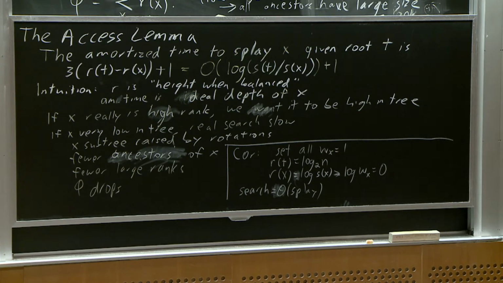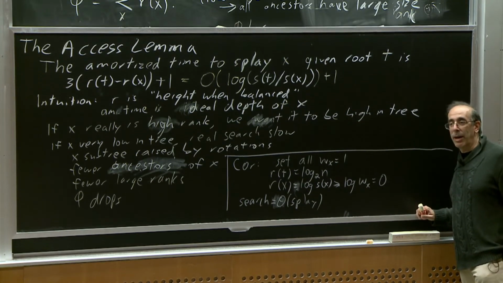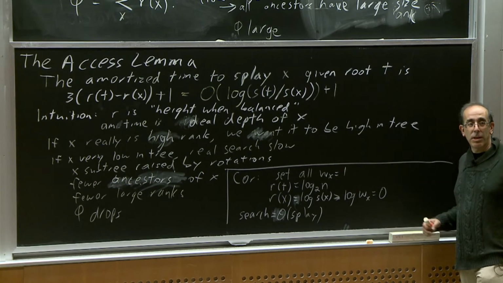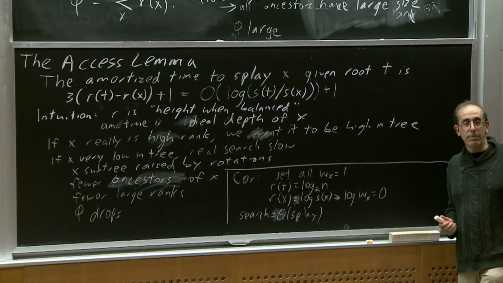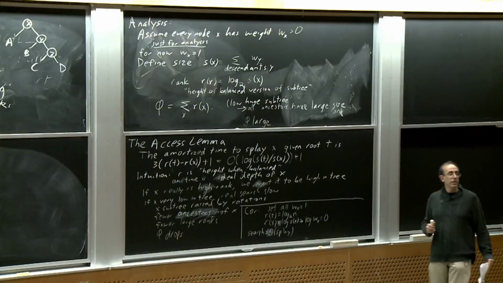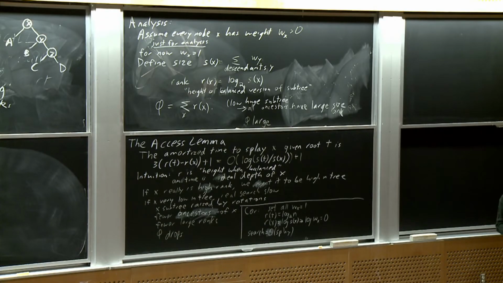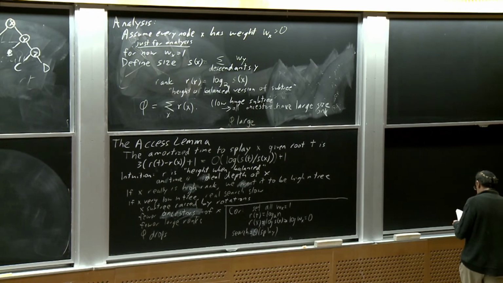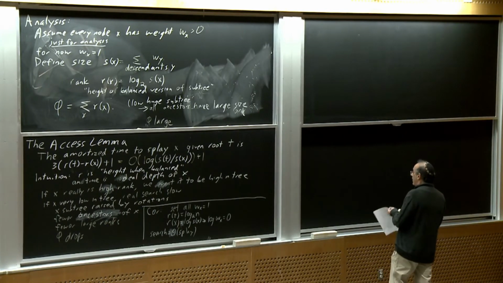So what I've shown you is that as soon as we've proven the access lemma, we immediately have this result that splay trees are as good as balanced binary search trees, even though they're not balanced. Clear? All right. So,